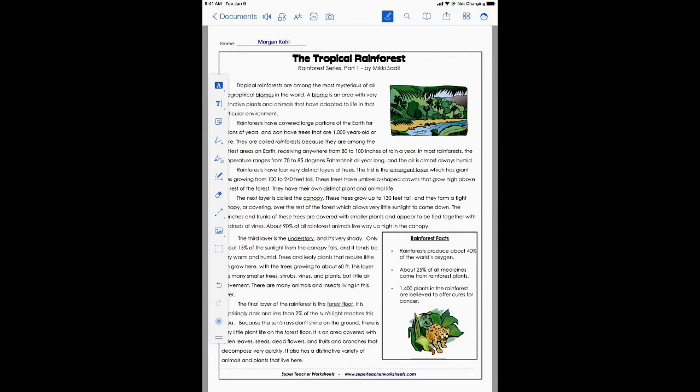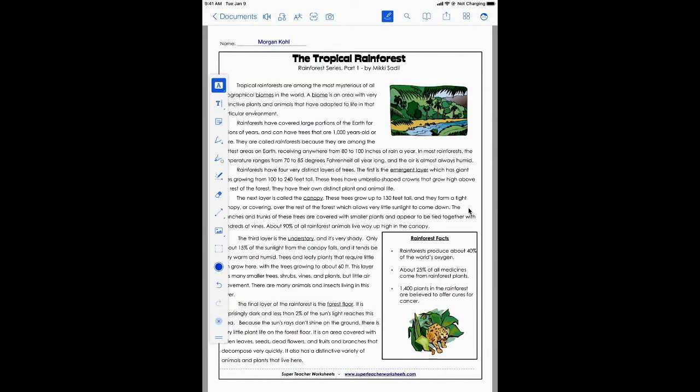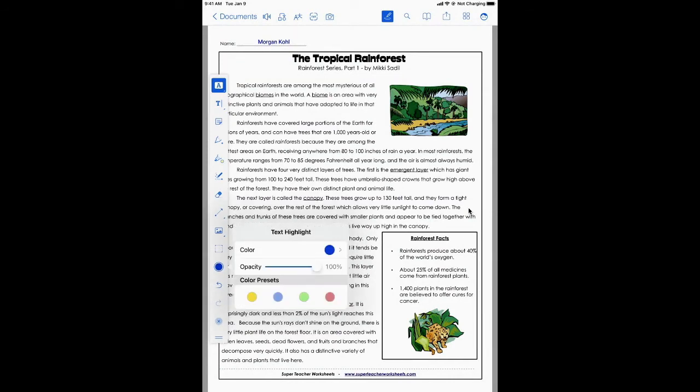Again, we can look at our first options here. This tool here that I'm circling with my mouse is going to be our highlight, underline, or strike out text option. How we find out is if we long hold on this, this is how we can get that option of highlight, underline, squiggle, or strike through. If I wanted to highlight some text, I can choose to do that. And then looking at the bottom, I can also choose the color and how I want that to be highlighted. So if I wanted to make it green to find my answers easier later, I'm going to do that.